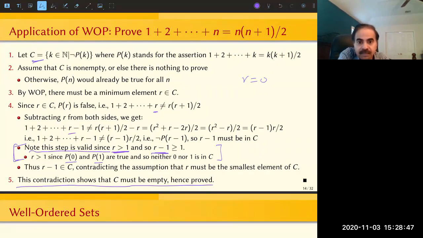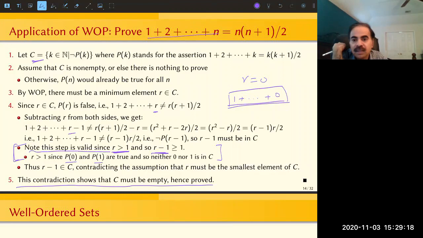Correct? Because you can say that some elements do not belong to the counterexample set by specifically showing that the theorem holds for those values, right? So if you substitute n equal to 0 on the left-hand side, right? So by the way, a summation like this, what it means is that there are only 0 elements here, and the summation of 0 elements is always defined